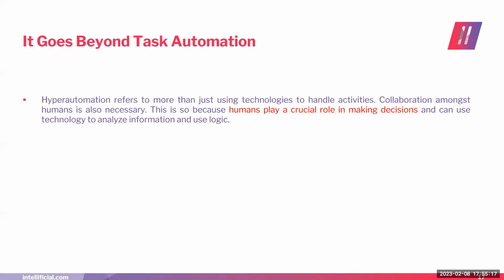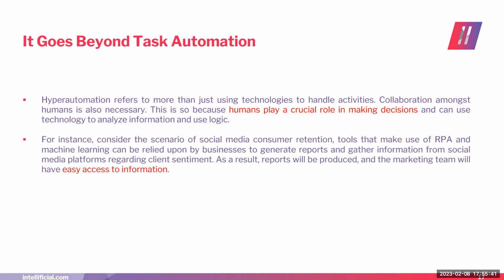So hyperautomation goes beyond task automation. Hyperautomation refers to more than just using technologies to handle activities. Collaboration amongst humans is also necessary. As I told you, it involves the smart workforce. This is also because humans play a crucial role in decision making and can use the technologies to analyze information and use logic. For instance, consider the scenario of social media